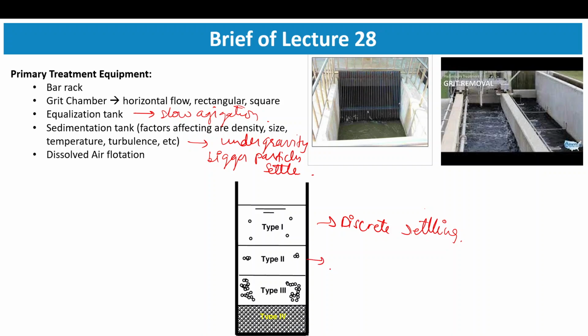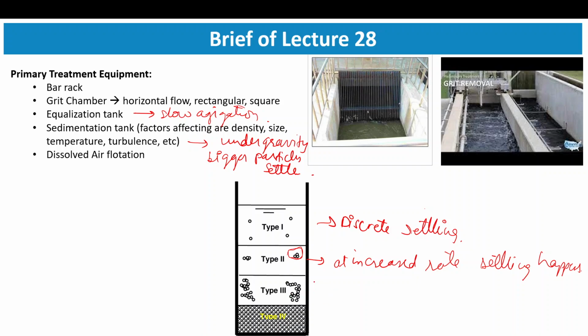Now next is if there is somewhat more concentration of particles, or in case you have added some coagulant or flocculant, then there are chances that bigger aggregates are formed, and these aggregates, due to some interaction, form bigger particles, and settling happens at an increased rate. Okay, so now